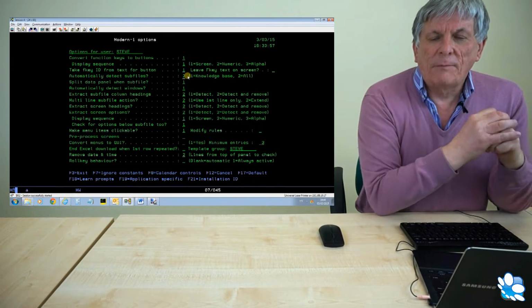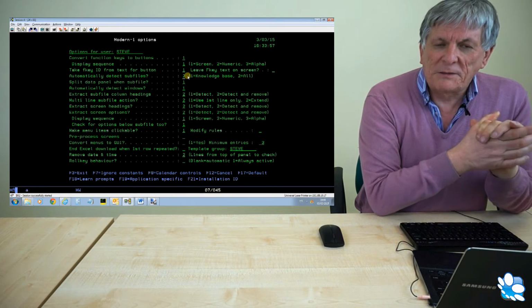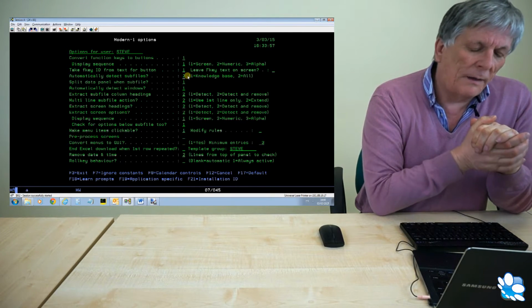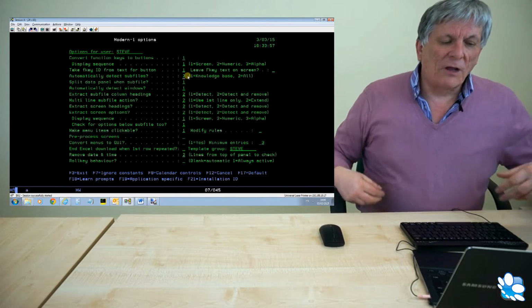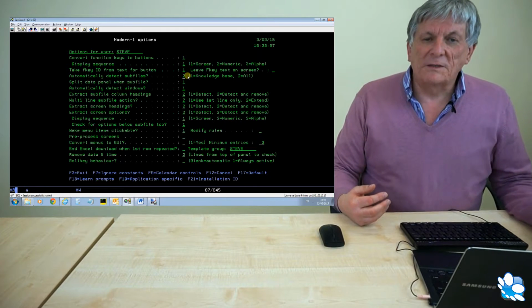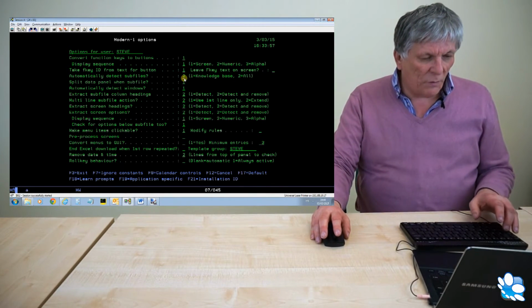Now ModernI has its own internal knowledge base of all the display files on your system. So when we first load ModernI, we will run a utility program that will go around and analyze all your display files. It makes it a lot easier for ModernI to know exactly what is being displayed at any point in time. But if I say automatically detect subfiles as a 2, what I mean there is